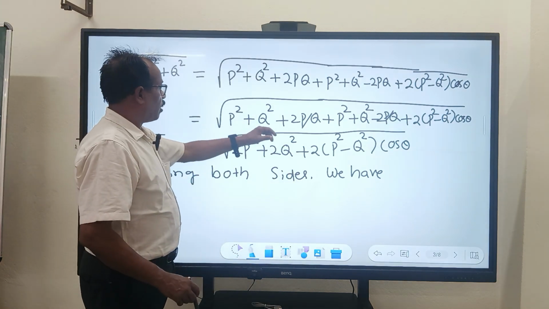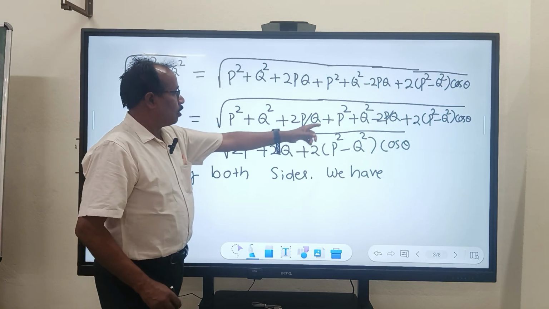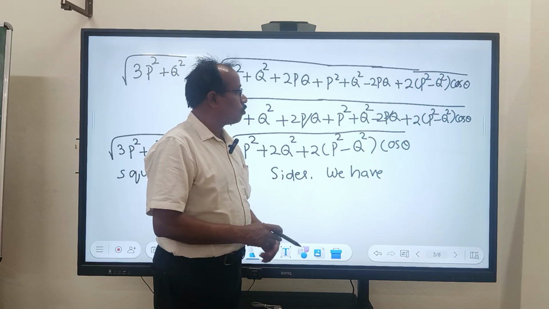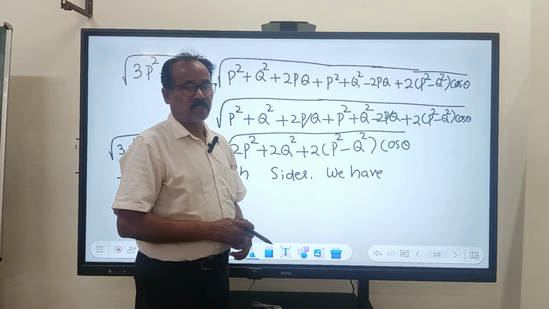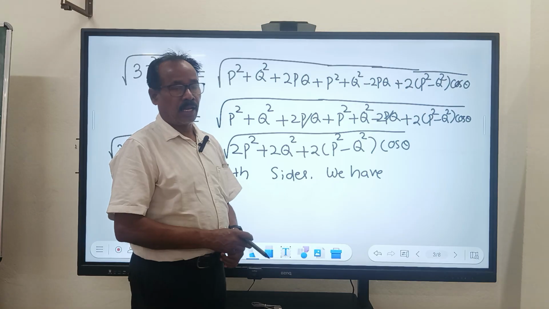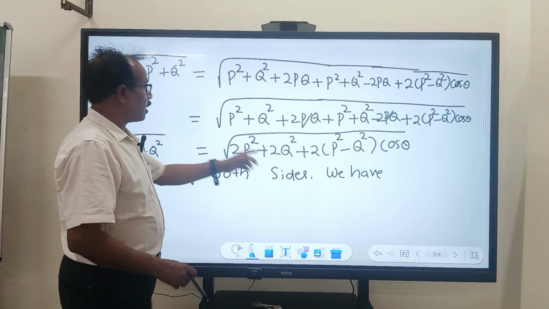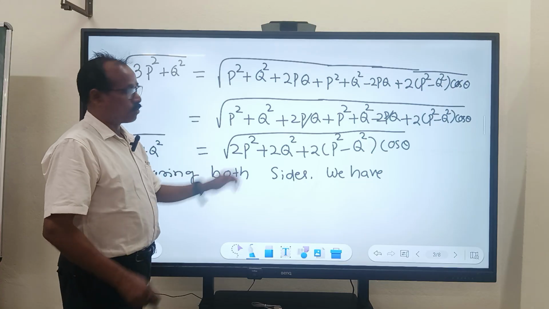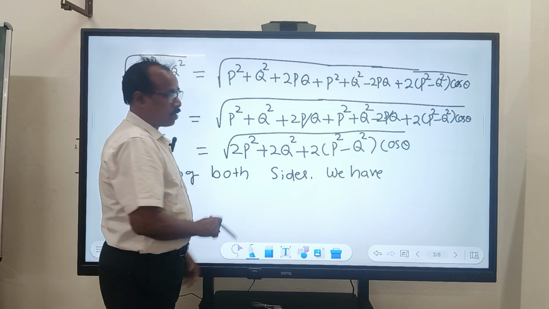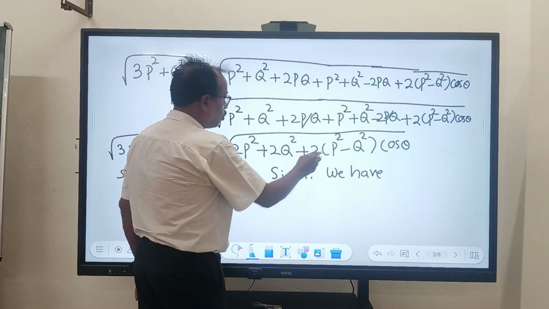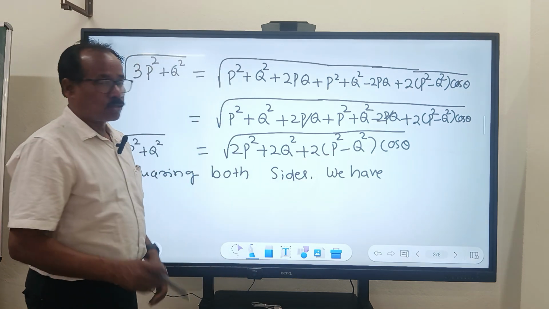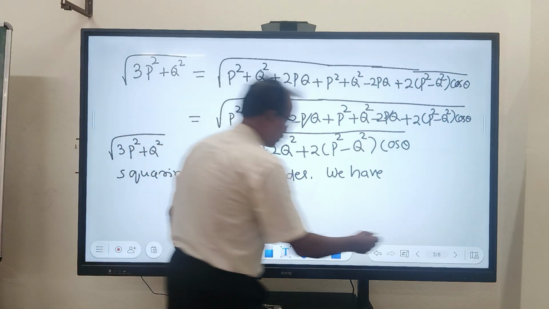Then P square plus Q square plus 2PQ plus P square plus Q square minus 2PQ plus 2 whole into P square minus Q square cos theta. Here plus 2PQ minus 2PQ cancel. Then P square plus P square is equal to 2P square, Q square plus Q square is equal to 2Q square, plus 2 whole into P square minus Q square cos theta. Then squaring both sides, we have